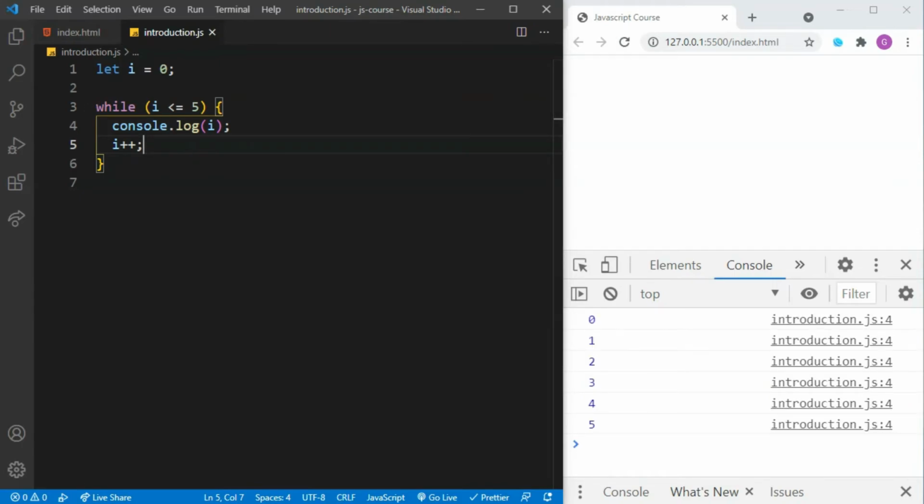Similarly, we also have a do while loop. For example, let i = 0. Here we can use do, console.log(i), i++, and here I can specify while.